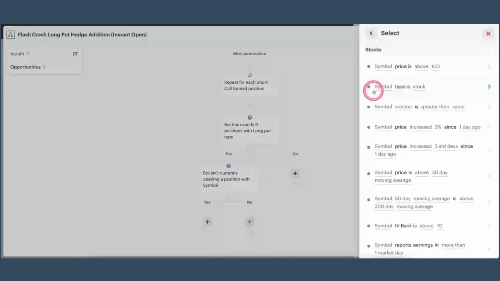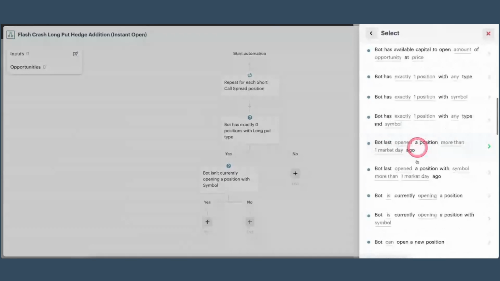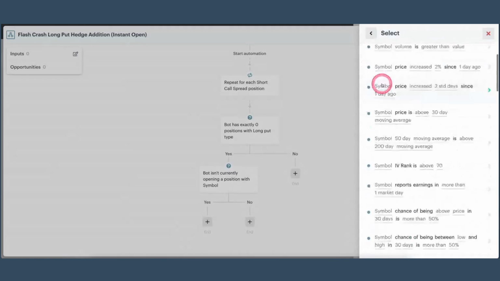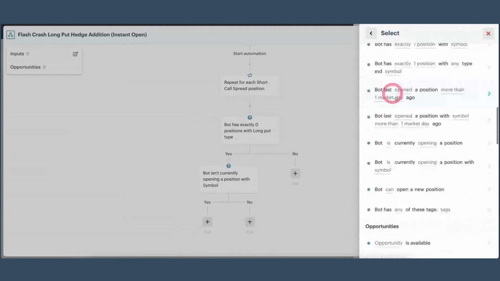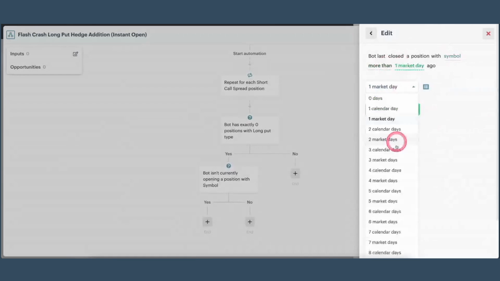And we could also, if you wanted to, where's this one? Oh, here we go. This is the one I actually wanted. Let me just modify this. Sorry, I added the wrong one here. We want to go down to this one. There we go. Last closed a position with the symbol that we're still currently going through more than, let's say,